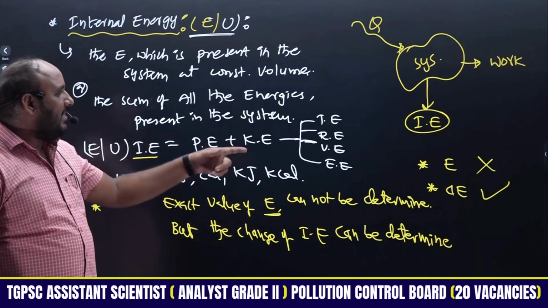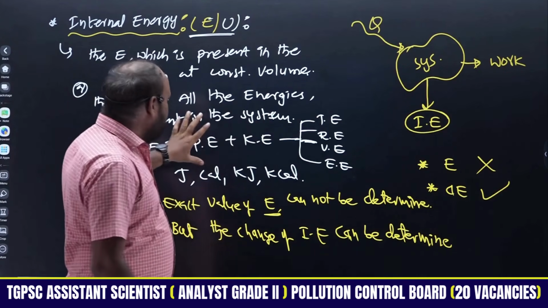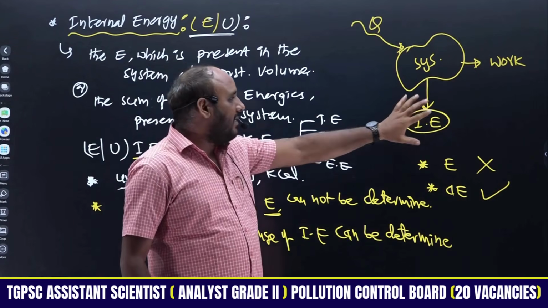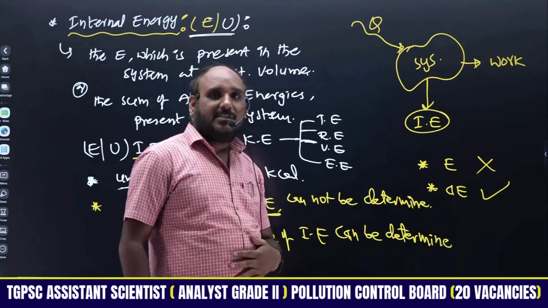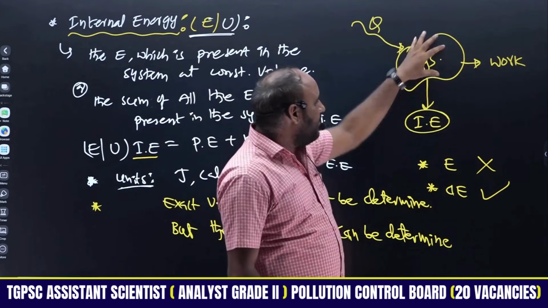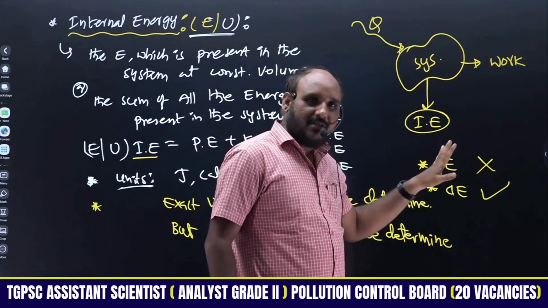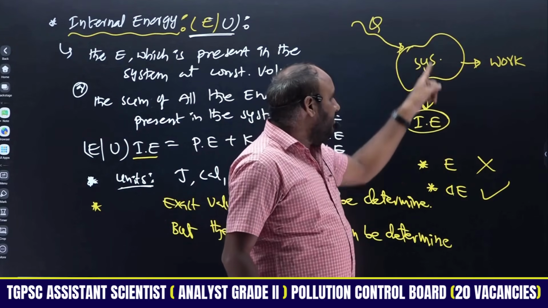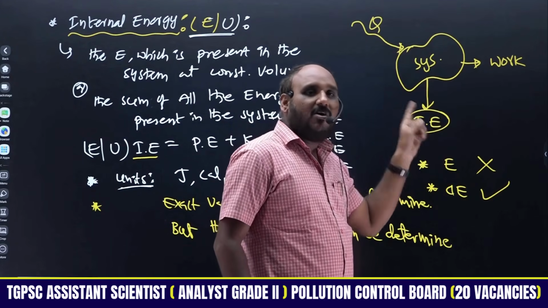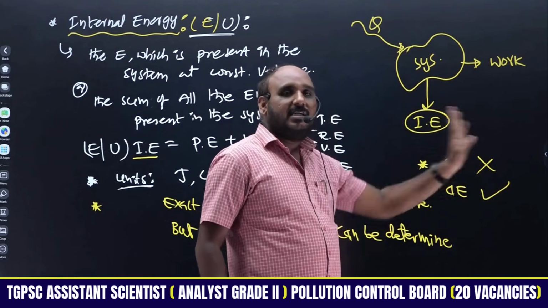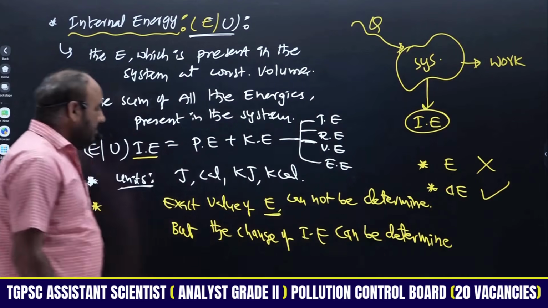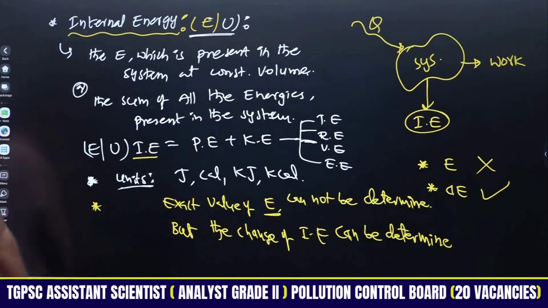Sir, we say internal energy is a sum, and since we don't know in which form it exists, we cannot define that internal energy. Then how do we define the change? Energy exchange between the system and surroundings will be taking place. This energy exchange between the system and surroundings at constant volume will be equal to the change in internal energy, right? So simple thing, not only internal energy, for any thermodynamic property the absolute values we cannot determine,